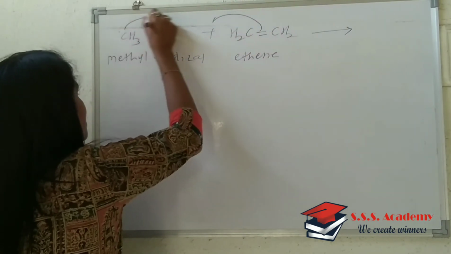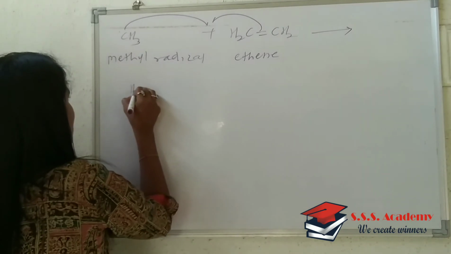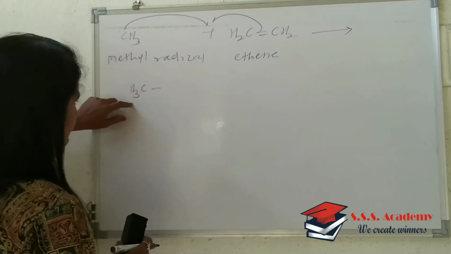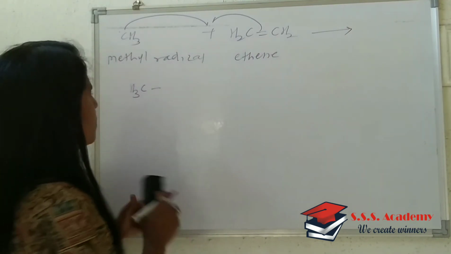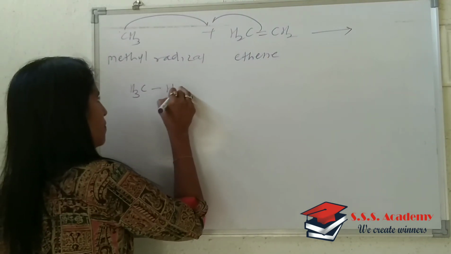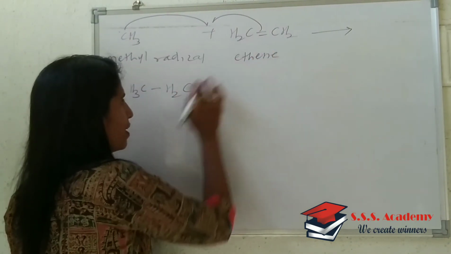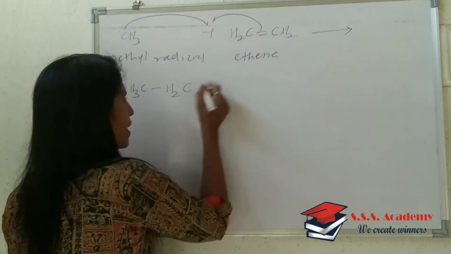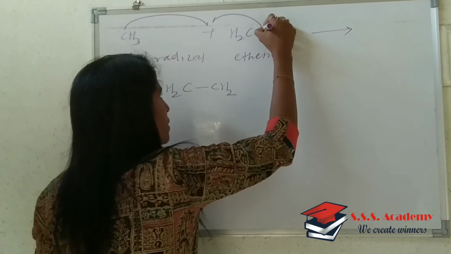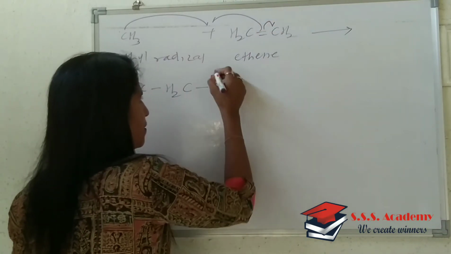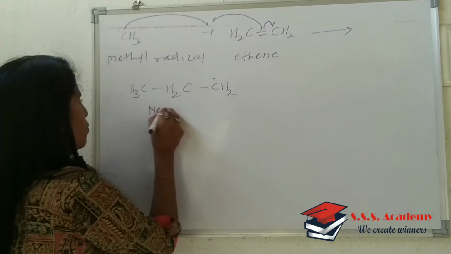Again, this type of reaction will take place and it results in the formation of CH3, this CH3 as it is. This one electron and one more electron from this double bond, like this. So there is a bond formation between methyl and this methylene group. Then this second bond remains as it is, right? And this one electron present now gets shifted to the second methylene. And therefore results in this. So this is the new radical formed.